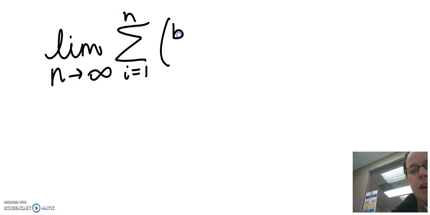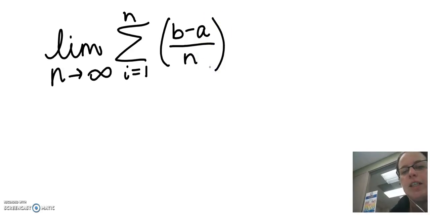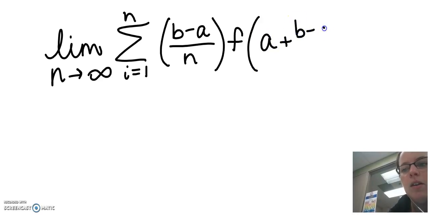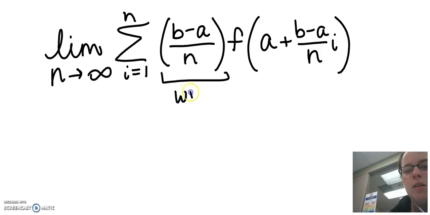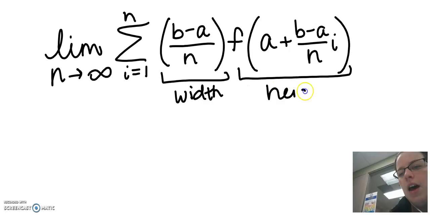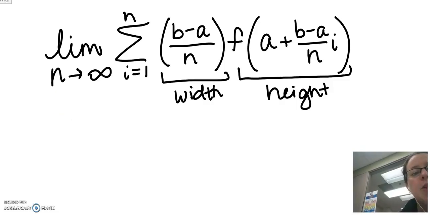The width of each rectangle will be determined by our interval divided by the number of rectangles. And then we're going to take our partitions and we're going to plug them in to our function to get the height of each rectangle using this formula. So this represents the width, and this represents the height, and ultimately we want an infinite number of rectangles. I'll show a demonstration of this with YouTube when we come back on the next